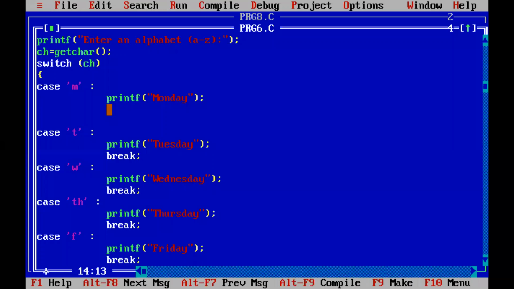So I'll ask you, Sudhir, are you there? Tell me, when I'm running this program, what will be printed if I'm removing this break and entering M? Sudhir, are you there?